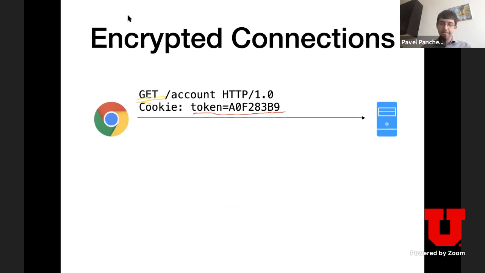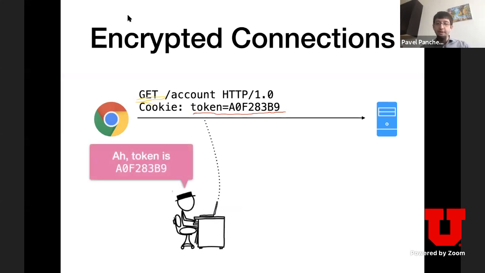prevents other people from seeing your data. But one concern is that you and the browser might not be the only people on this connection. In fact, there might be someone else at, for example, your coffee shop or within your home network that can also see all of the messages you send back and forth between your browser and the server. There's actually a lot of entities that might be like this. It could be other patrons at like a weird early 2000s coffee shop that still doesn't have encrypted Wi-Fi,